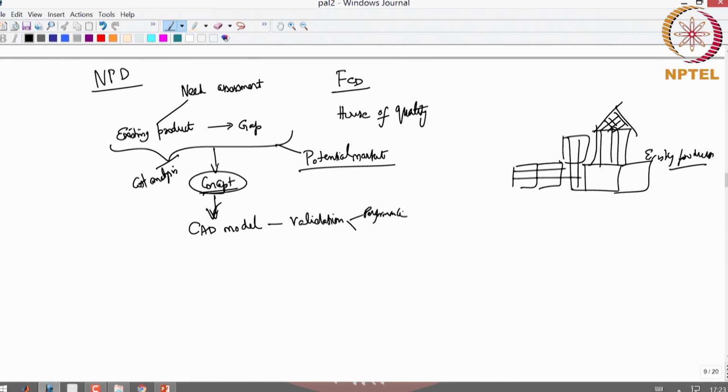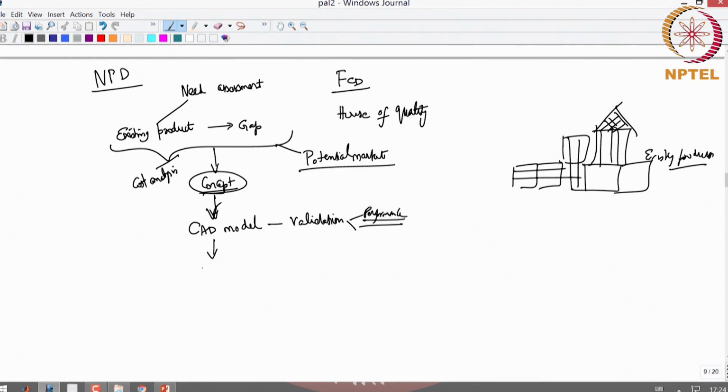What do you try to simulate? You want to look at the performance part of it. You don't worry about the tolerance, you don't see whether it is workable right now. You imagine that whatever I give in the drawing, they should be able to do it. Okay. Then what do you do?